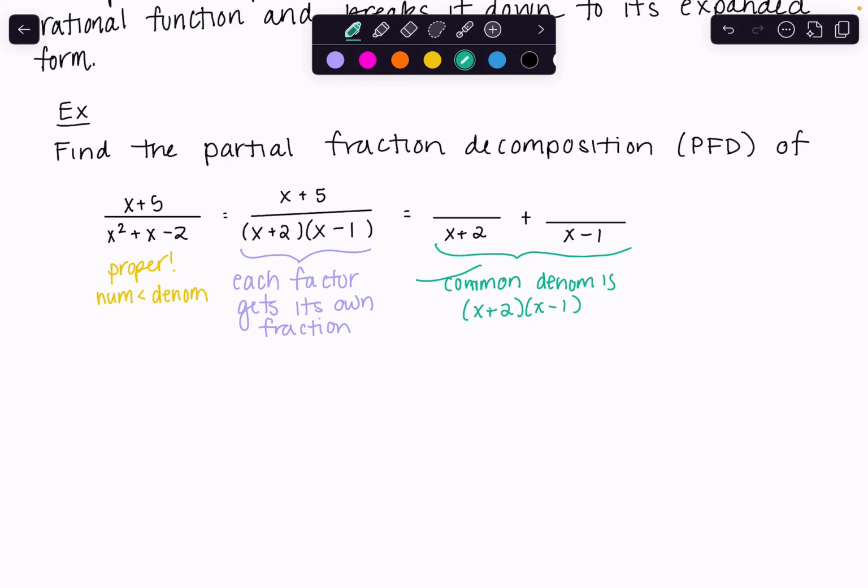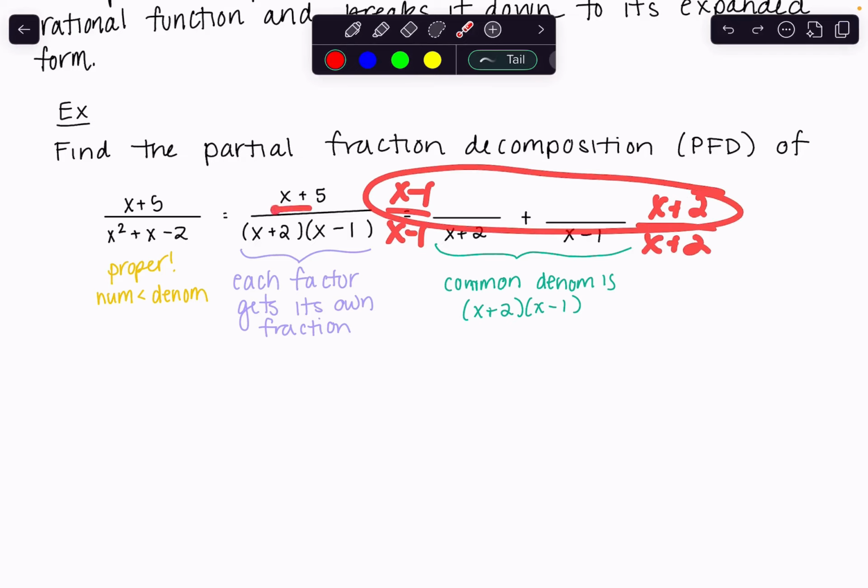So I would add them together to be able to get that denominator. The problem is I have absolutely no idea what to put in the top, so that when I multiply this by x minus 1 over x minus 1, and this by x plus 2 over x plus 2, whatever is in the top will condense to